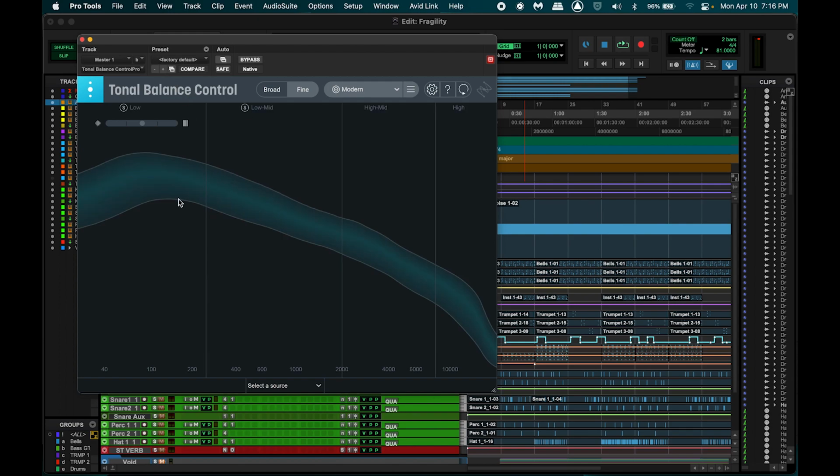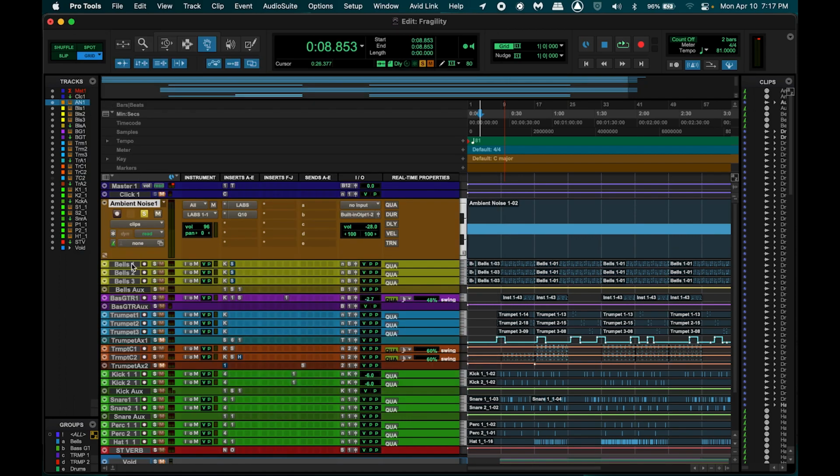I use this thing called Tonal Balance Control from iZotope. It is a fantastic plugin. I really can't recommend it any higher because it helps you balance your song out frequency-wise and tonally. But when I played my song before I added in the ambient noise, it was lacking in that area, so I figured I would throw on a high pass and a low pass to fill the frequency spectrum on my master. So that's the ambient noise here.